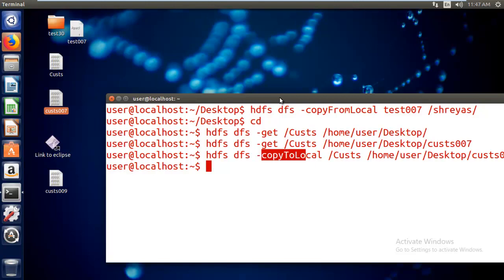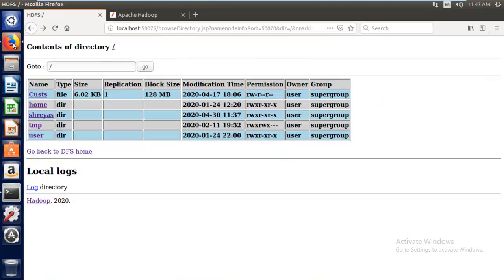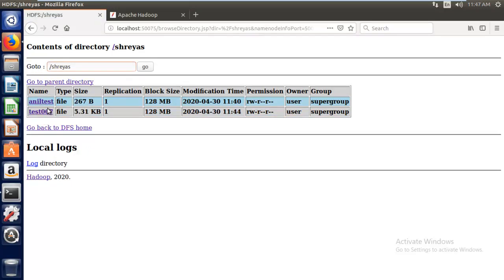Now before going on to other commands, I would like to show what we mean by processing in Hadoop. Our data is available here, right? We have a folder called Shreyas and some files. I just showed you how to take that data from the local file system to Hadoop. Now we'll understand what we mean by processing in Hadoop.